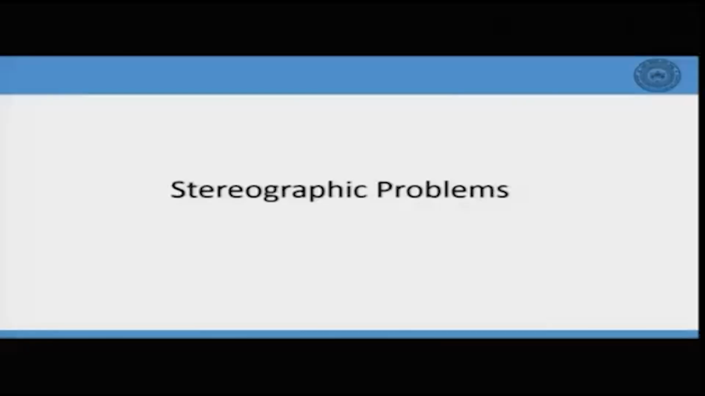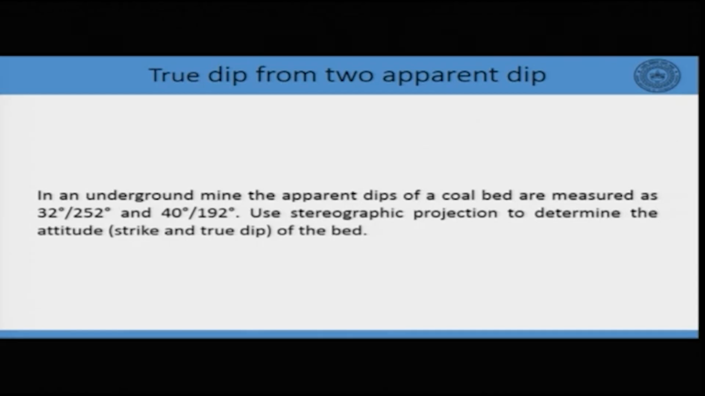So, the first problem is how to determine the true dip from two apparent dips. If we have two apparent dips on a plane, how will we determine the strike and the dip of this plane? The question is: in an underground mine, the apparent dips of the coal bed are measured